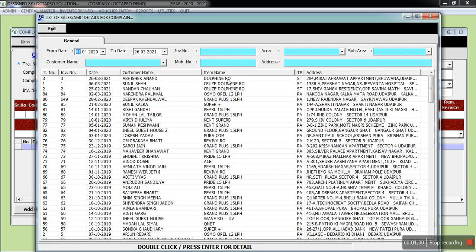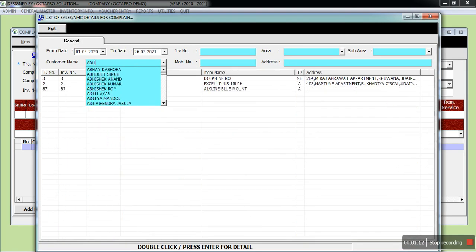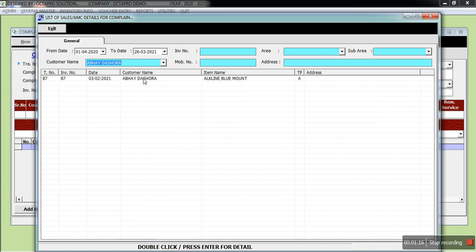Here you can search your customer with the mobile number, the invoice number, or the customer name. So here we are going to search for a customer whose AMC contract we made. As we know, his name is Mr. Abhay Dashora. Yeah, we are getting his details. We'll double click on the customer detail.